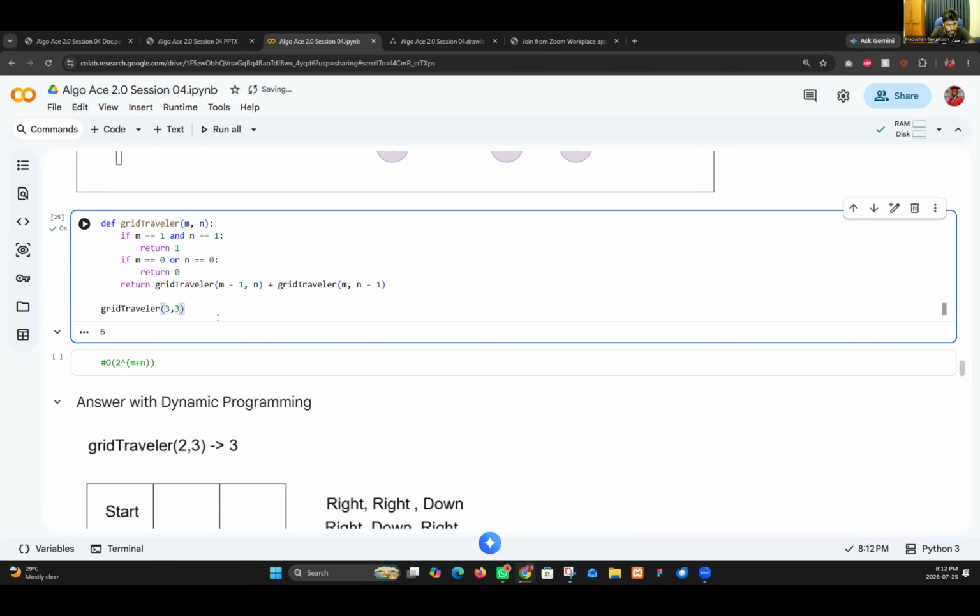So what do you think about the 4 by 4? Think about the patterns. What will be the output for the 4 by 4? 1, 2, 6.